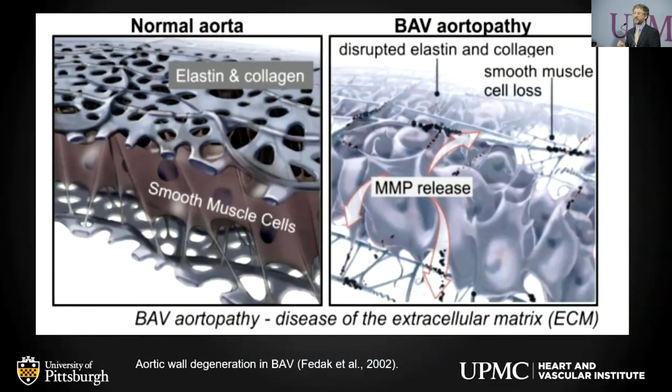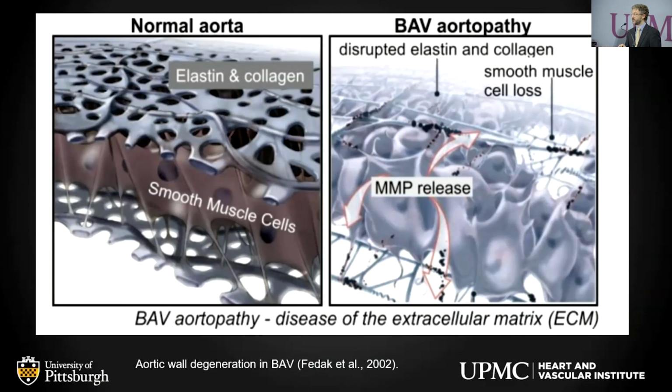The problem with that is that when we look for clear correlation between extracellular matrix genes and the bicuspid aortopathy, they don't correlate. But there's clearly disruption of the elastin and collagen and smooth muscle loss in aortopathy with